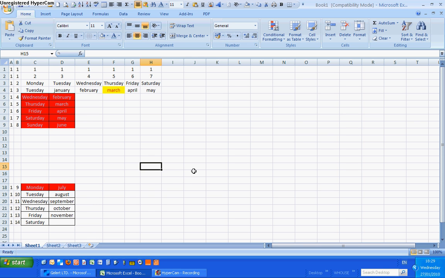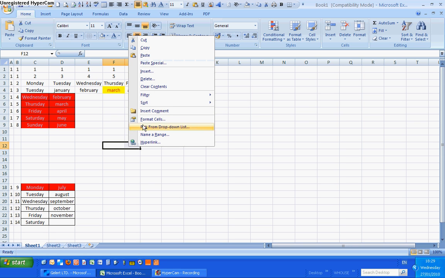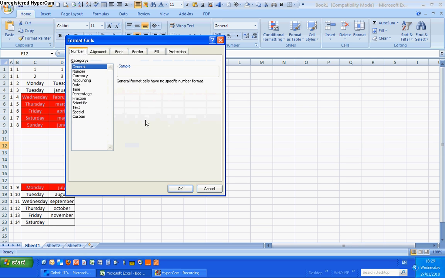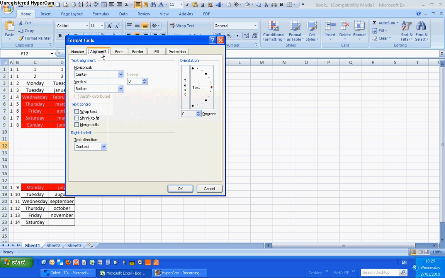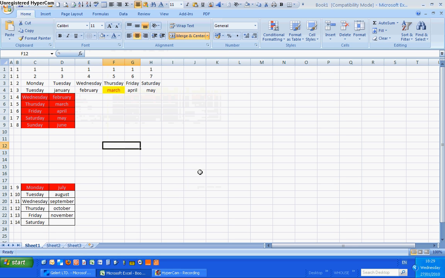Now, another thing we can do here is, let's say that box isn't big enough, but you don't want to widen it because you don't want it to be any wider than the Thursday. So what you do is highlight that, right click it, and format the cells. You now click alignment, click merge the cell, okay, that is now one cell. So if I go for,